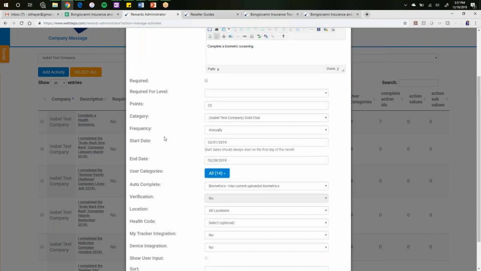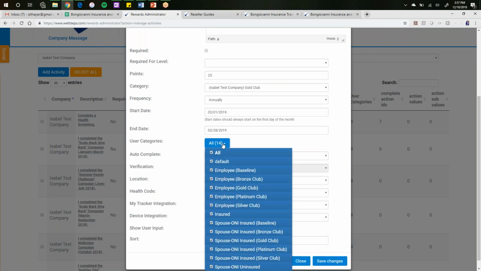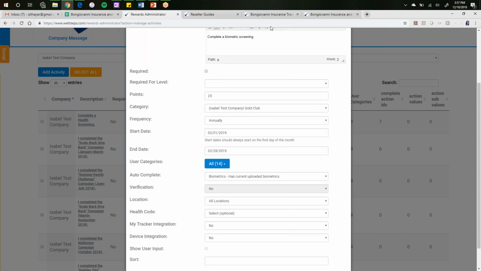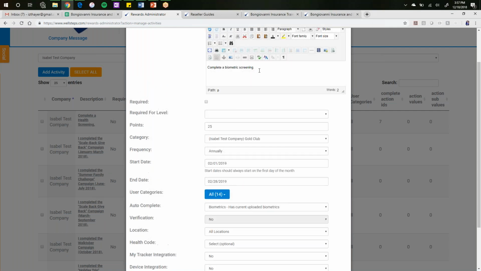And at this point, the employees can't see if their spouse has completed it. Right, if you just left it like that, they would only see their own. Exactly, so this would just be on an individual basis. Employees would see their completions, spouse would see their own completions. Got it. That would be it. Now you would save this activity, and then you would set up another